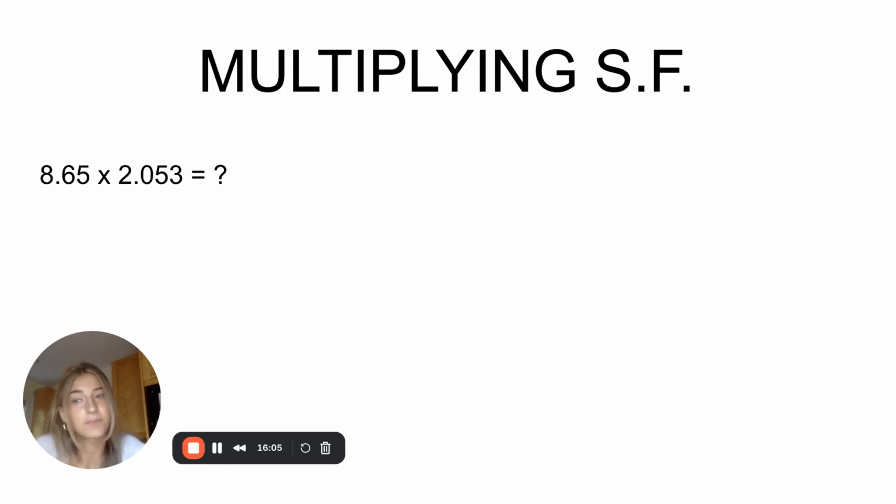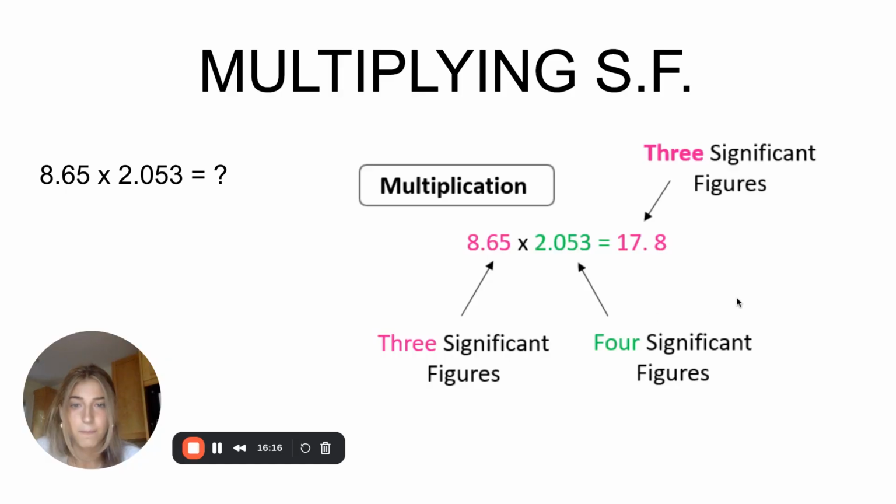Okay. Multiplying, it's a different kind of rule, so make sure you know what rule you're using. Okay, I'll show it in 3, 2, 1. For this one, whichever number has the lowest amount of significant figures, you would base the answer off of that. So the first number has 3, the second has 4, so the last number should also have 3, as it's the lowest amount of significant